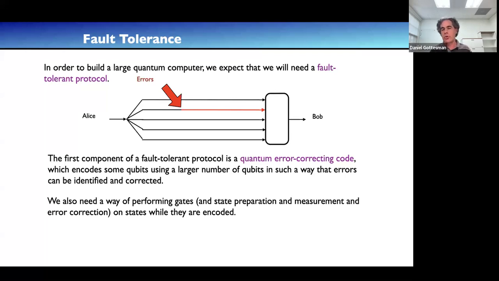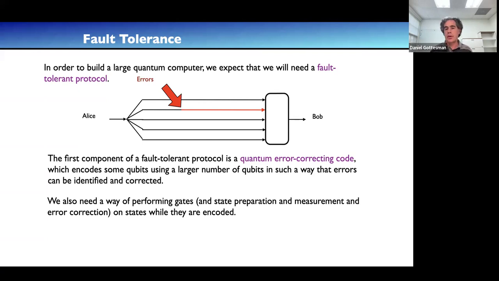So Alice will encode the qubit or qubits that she wants to send to Bob using some extra qubits. That's the quantum error-correcting code. And the code is designed in such a way that if a small number of qubits go wrong during the transmission, Bob is able to identify and correct the errors.